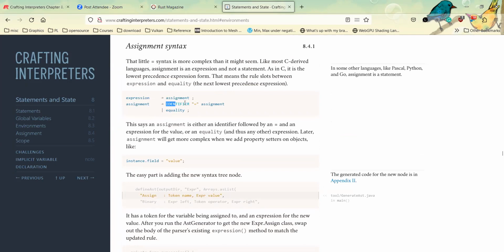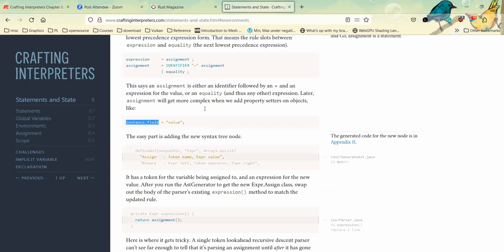The grammar here only says assignment, the left-hand side is identifier, which works for now. But later we need to modify that to support things like that. Or even just the weird stuff I talked about before.